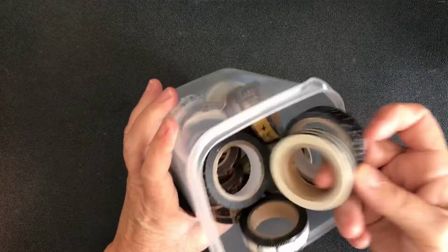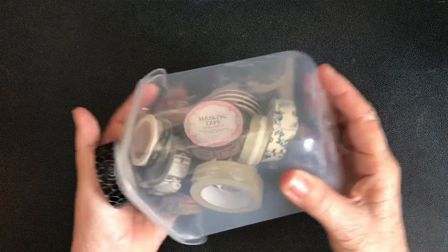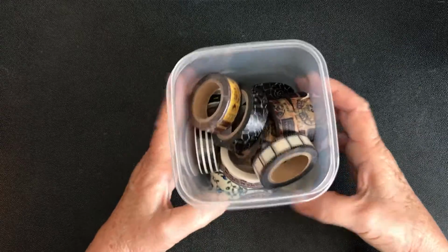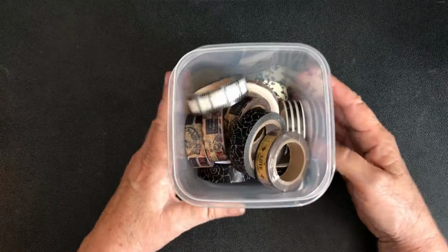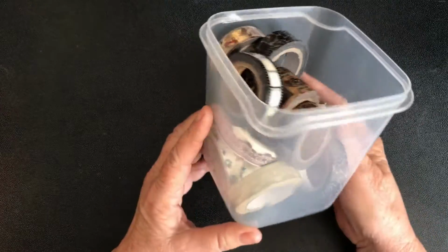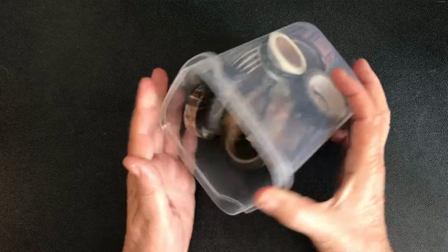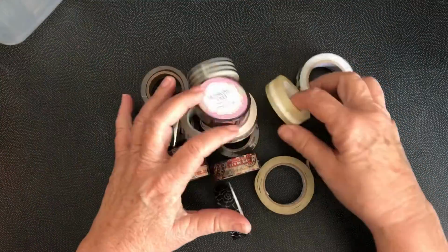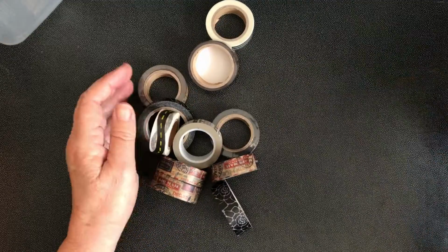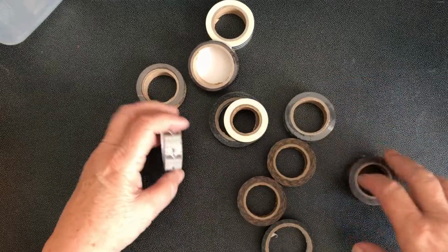Do you have lots of washi tapes and you've put them all in a container, and the containers are now getting bigger and bigger, and you can't really see at a glance what you've got? What you really need to do is be able to take them out every time you use them and sort them out according to colour